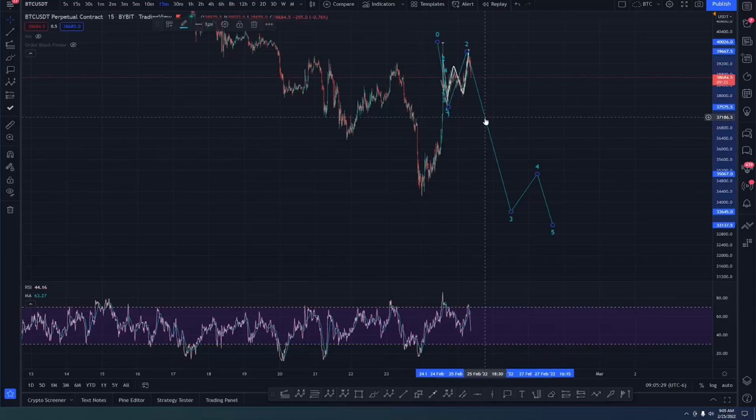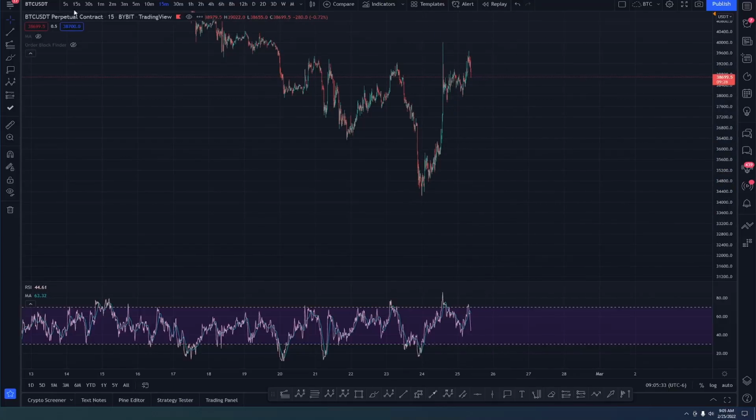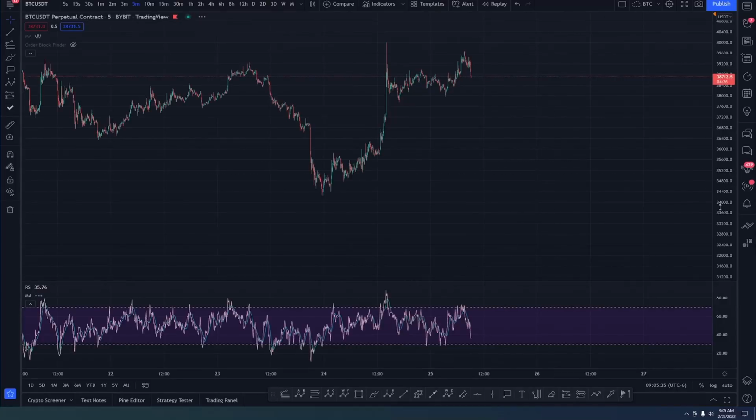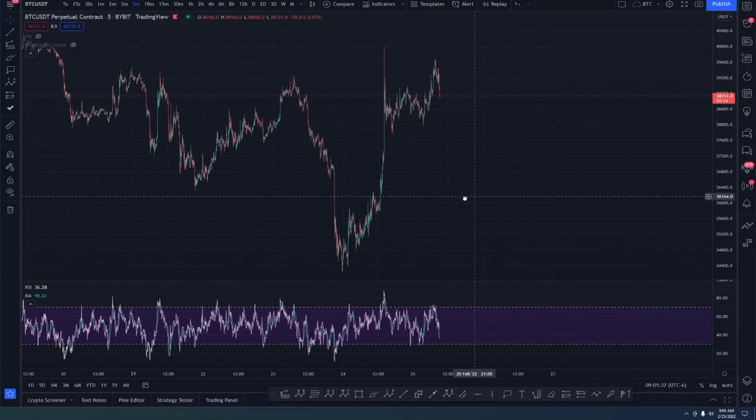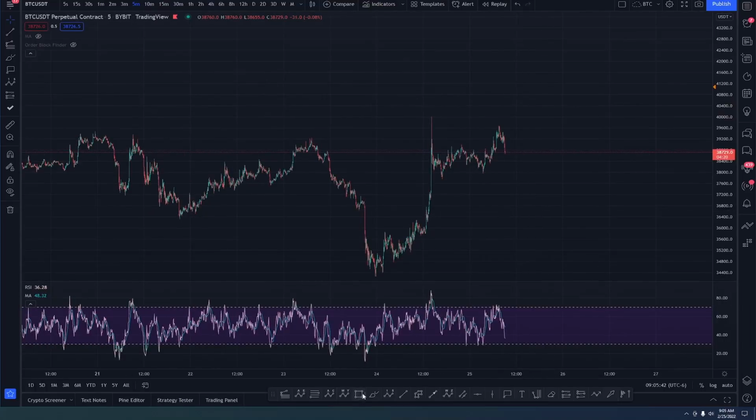However, there's another count here that says, hey, guys, this wave could turn into 5 waves. And this is a common Bitcoin correction that I teach my people all the time. You've got to learn this pattern and this shape of the market. Often what you'll get is what seems to be a reversal wave. Then you'll get 3 waves that often take out the top or come very close to the top. And then it'll spike down again.